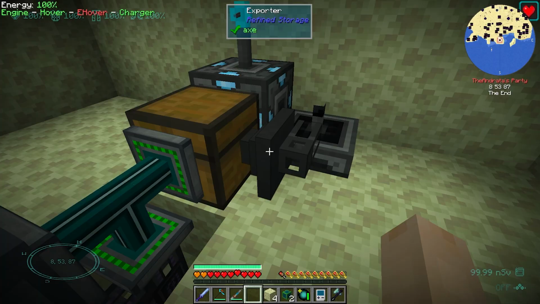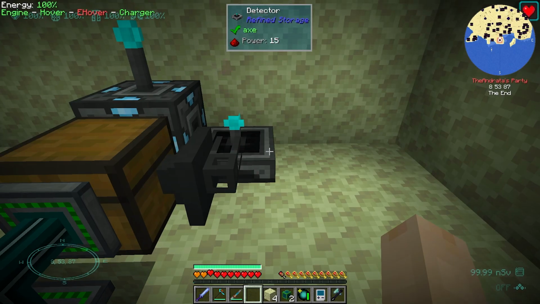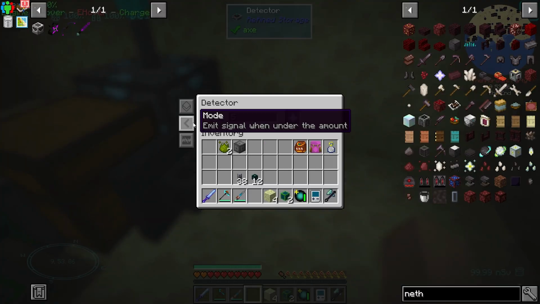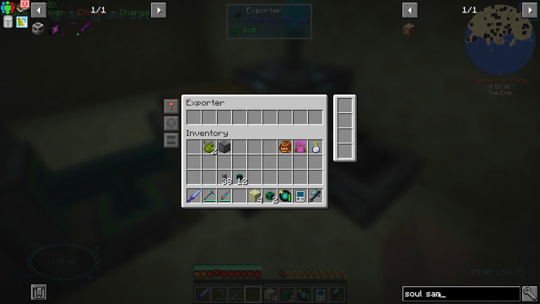Yeah, so you are going to only work with a redstone signal. You're going to be set to Nether Stars again. You're going to be less than 5. Because we have how many in the system? 4. 7 now. So you're not going to emit a redstone signal because we are under the amount. But you're going to put soul sand